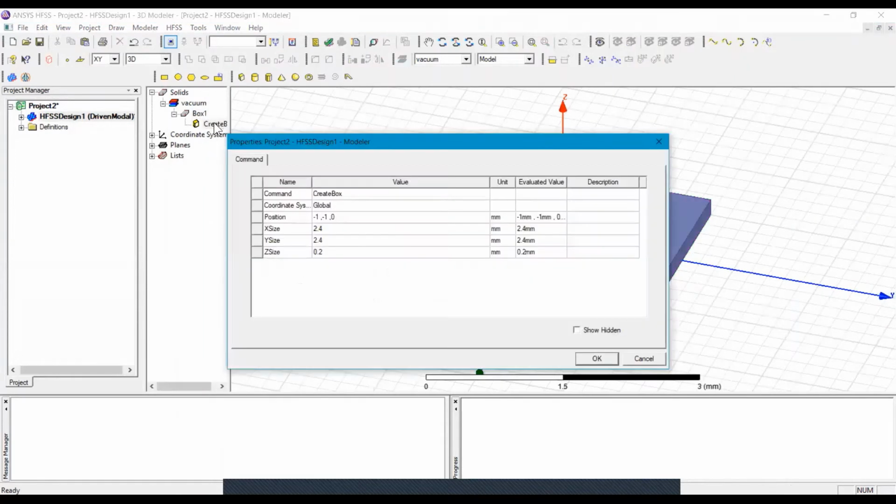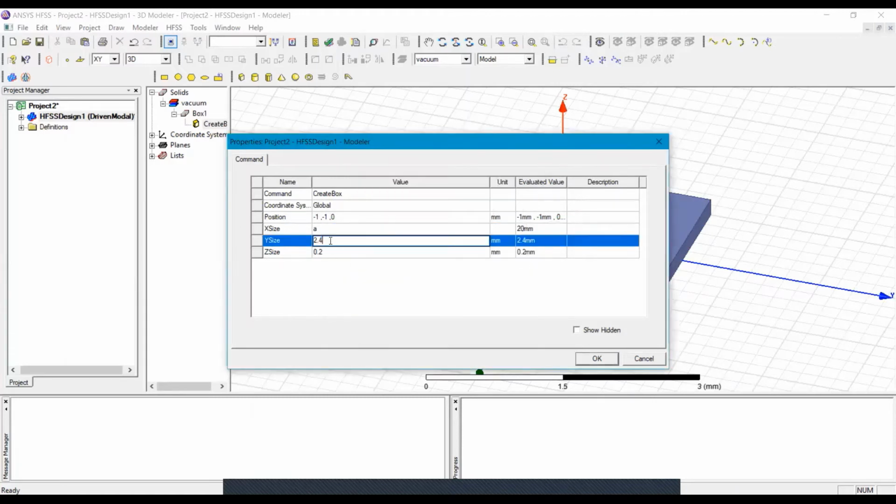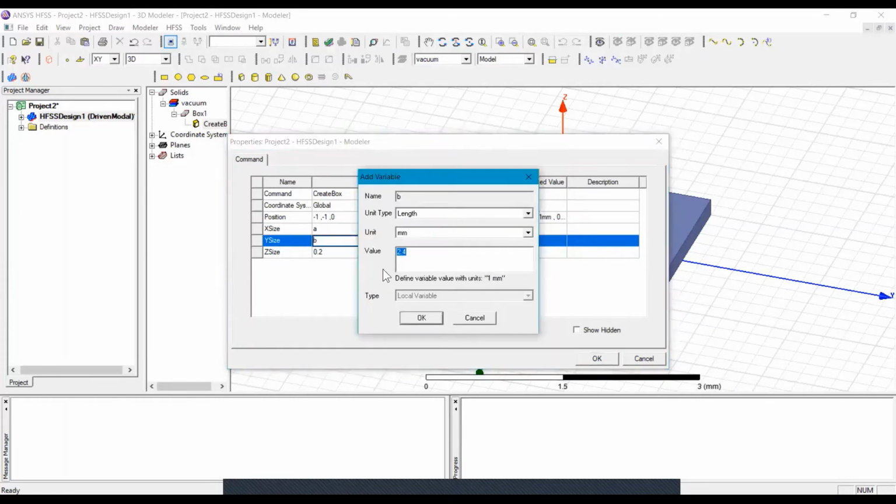Now we will assign the dimension to this box. I am taking A as a width of the substrate and the value of A is 20 mm. Same, I am taking the length of the substrate and again it is 20 mm because I am taking a square shape of dielectric substrate.